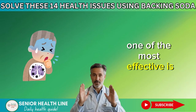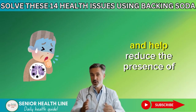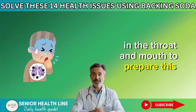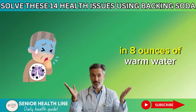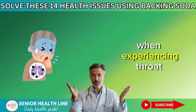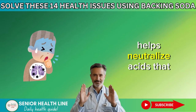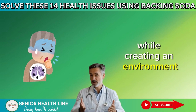One of the most effective is a simple gargle solution that can soothe a sore throat and help reduce the presence of virus particles in the throat and mouth. To prepare this solution, mix half a teaspoon of baking soda in 8 ounces of warm water and gargle for 30 seconds, 3 to 4 times daily when experiencing throat discomfort. The alkaline nature of this solution helps neutralize acids that contribute to throat pain while creating an environment less favorable